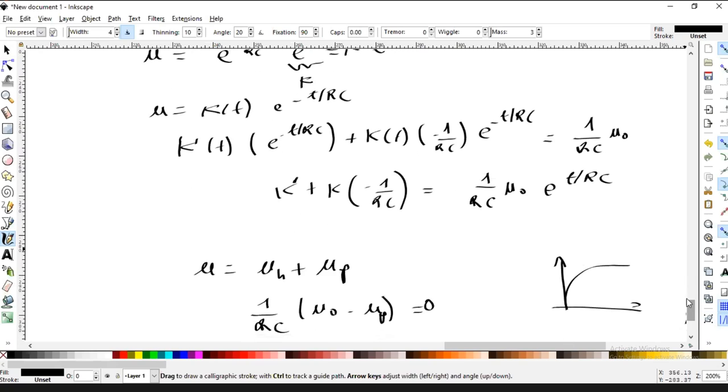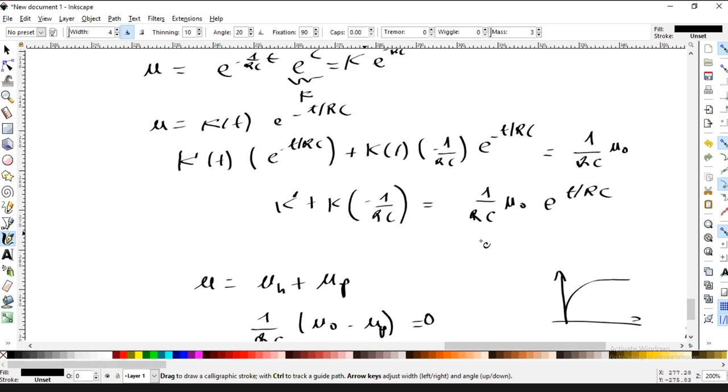But the thing is that here you have to also solve this one, right? So what you do is that you solve this one, you redo a here. You resolve the homogeneous equation for this one using the exponential here, and what you will get is an expression for k, all right,